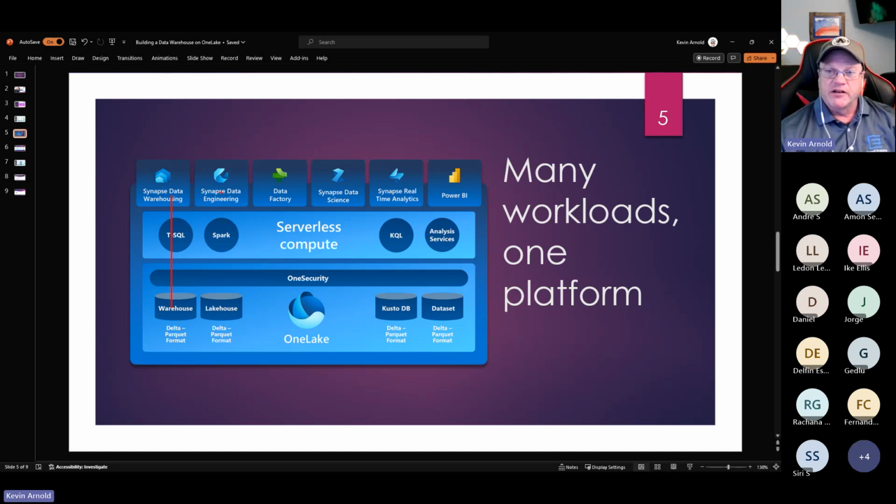For the data engineering, which is going to be notebooks, we come through a Spark layer and land it into the Lakehouse. Same thing happens over here for the Kusto KQL. It comes through the Synapse real-time analytics, which are event hubs and everything, comes through the KQL engine and stores it into a Kusto database.